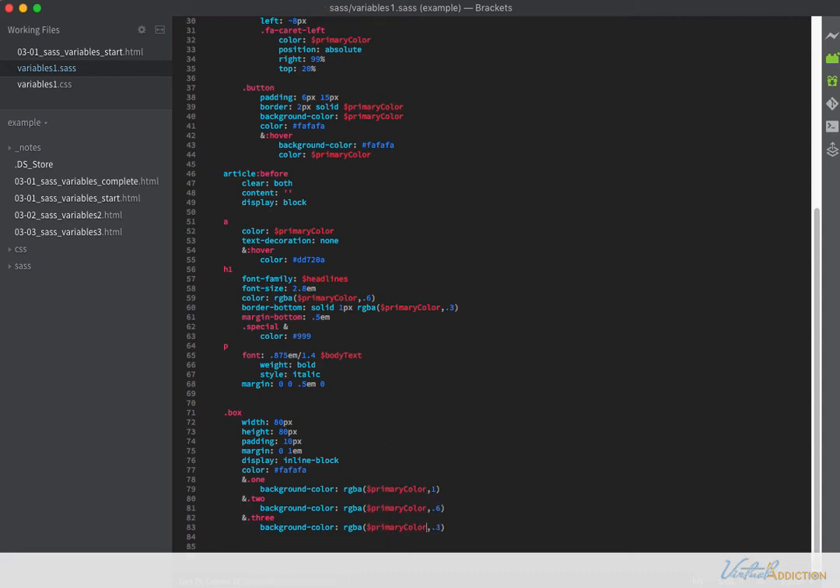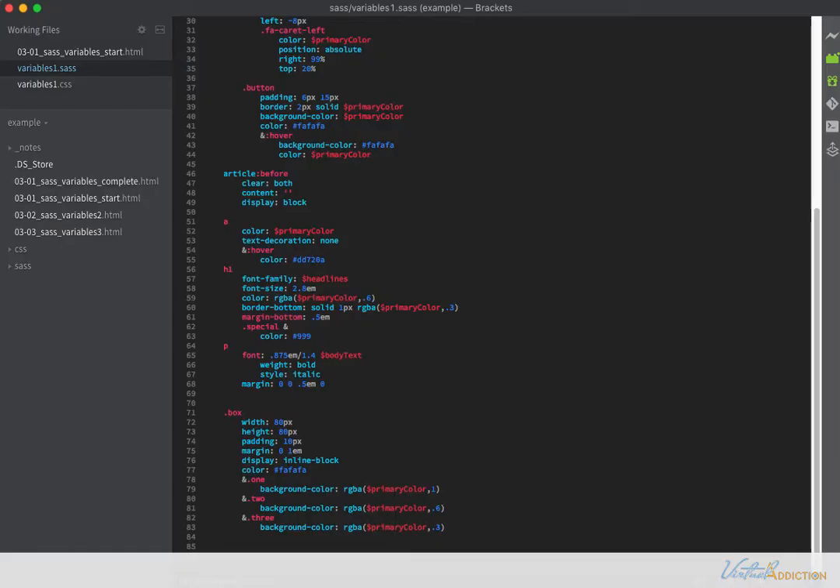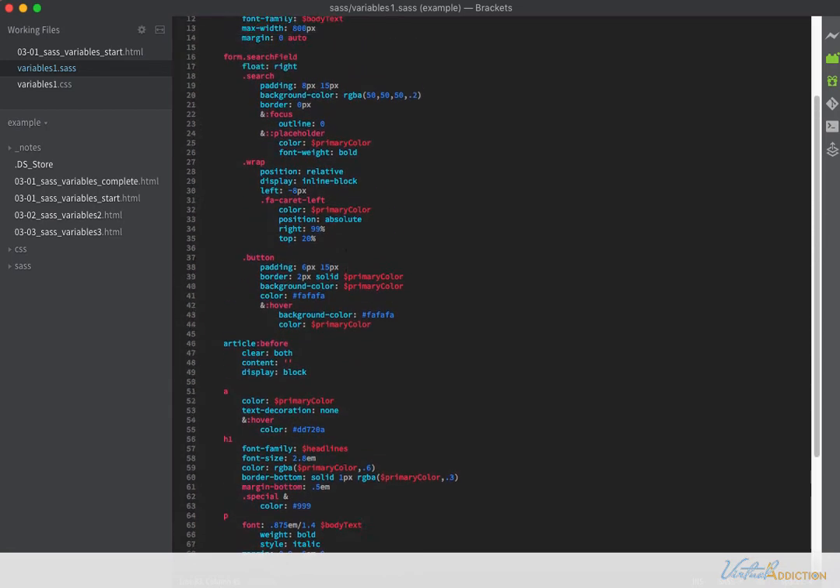If I save my page and we go look, nothing on the page should change at all. And that's because we haven't actually changed any of the colors. All we're doing is making use of the variables. But you can see that I actually replaced the color value in many locations, probably in about 10 or 12